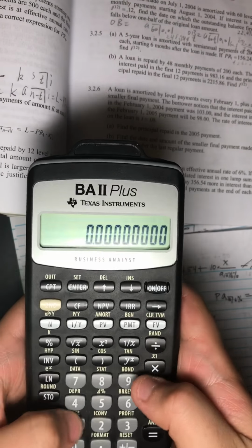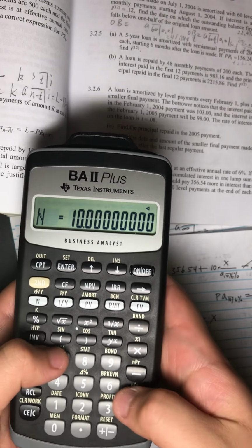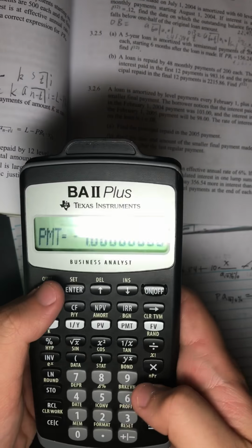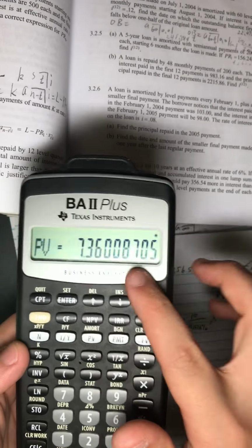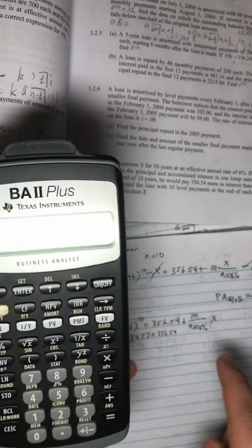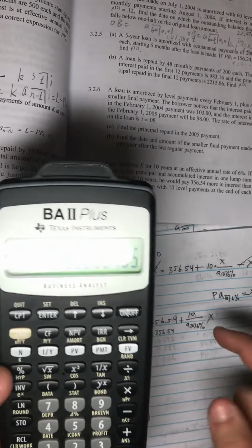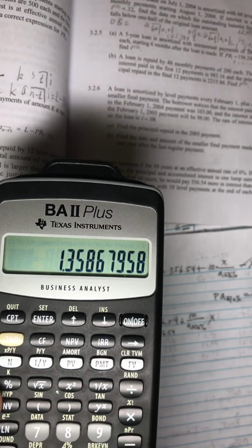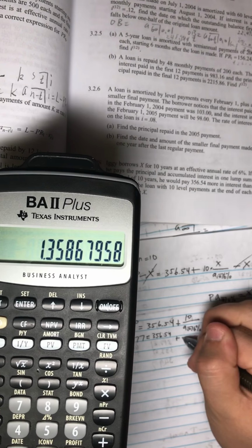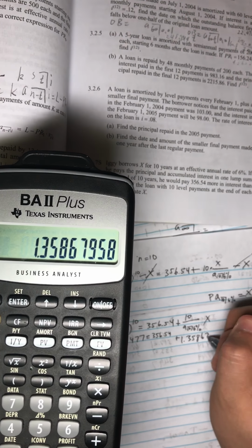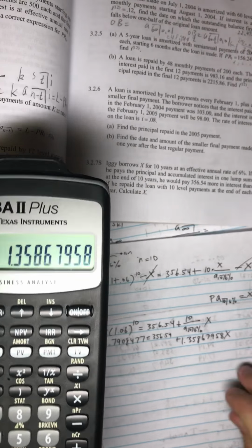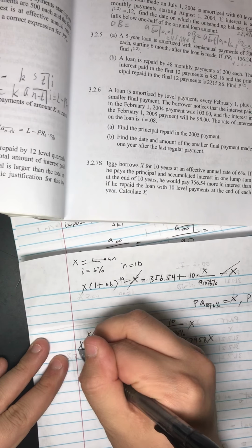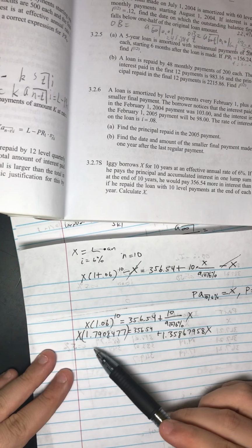And then we need to calculate the annuity immediate, 10N, with 6% I, one payment, and calculating the present value, we get 7.36. So that's just the annuity, so we need to divide that by 10. 10 divided by the answer equals 1.3586. So we will write that down. All digits. So if you see here, oh, forgot an x. We have two x values,